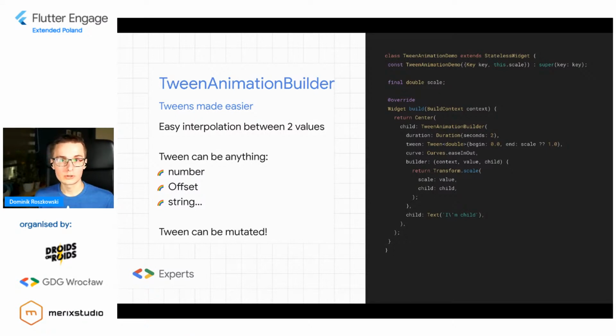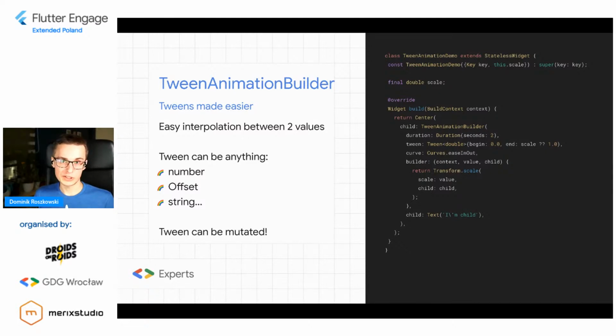So what you can do in such cases is use the TweenAnimationBuilder. TweenAnimationBuilder is a helper widget that allows you to animate a value from some beginning to some end. And what is also very interesting, it allows you to animate from this ending value to any other value that you provide as an ending value. I'm going to show you in a moment what I mean.